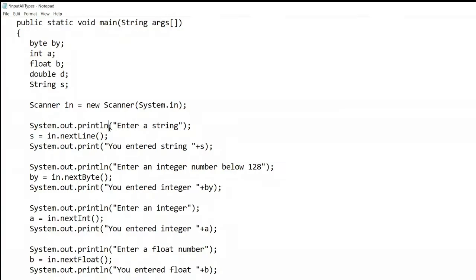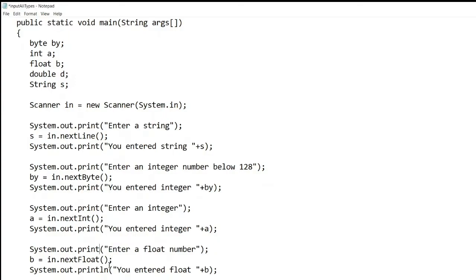What will that simple thing do? If I remove this println and write only print, what will happen? It will print in a single line. It will not go to any new line. Just check it. I am writing System.out.println; the ln means it goes to the new line after executing that command.